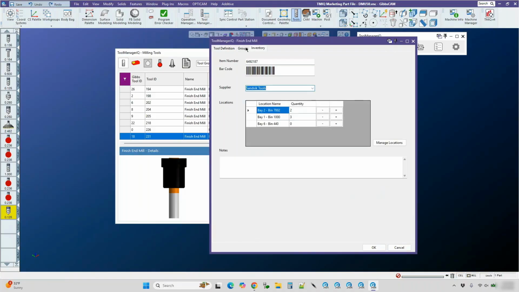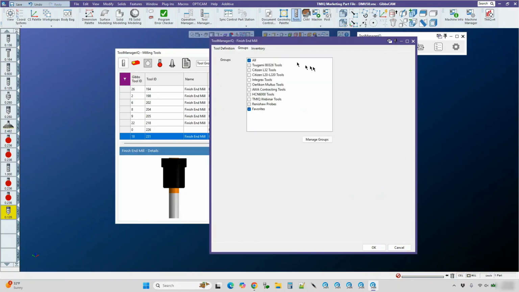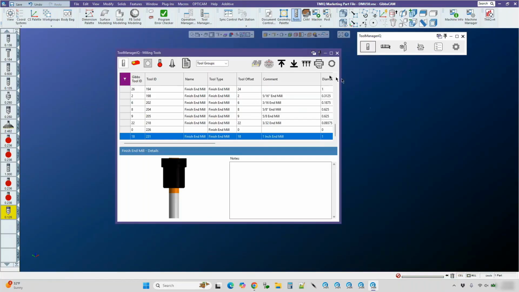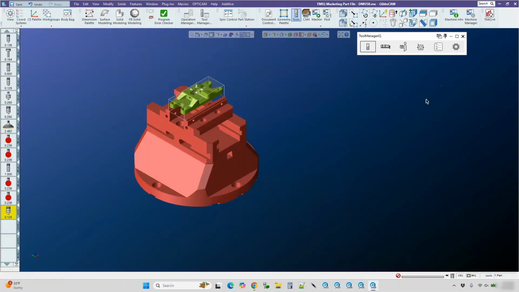So you have the ability to manage the inventory at the machine, and you have the ability to manage the inventory in your tool crib as well. You can print this information. You can export to comma separated values, which is a simple Excel spreadsheet. And let's see, we've already talked about Fritz. We talked about